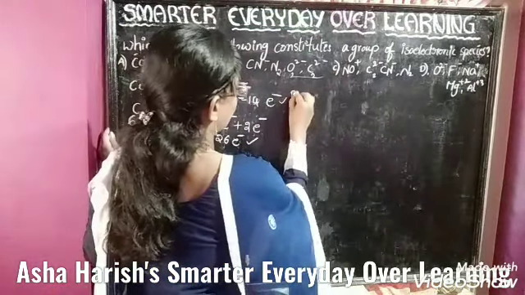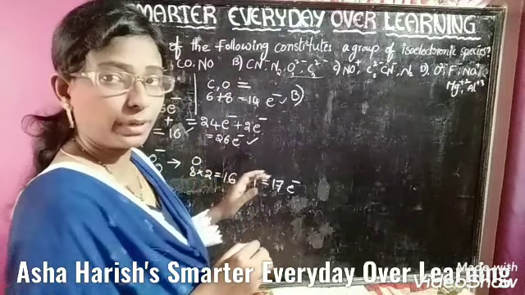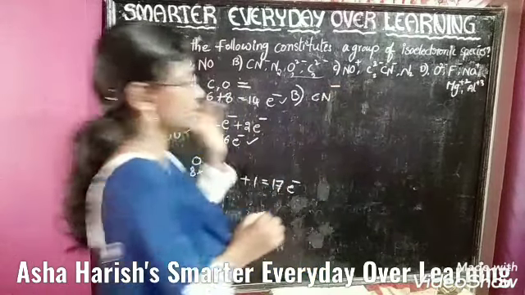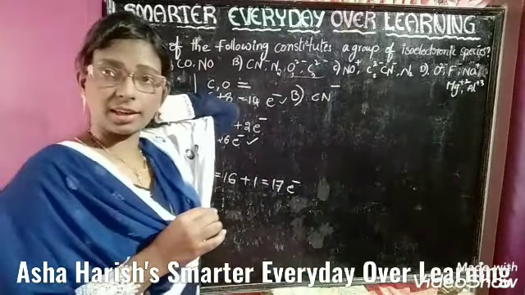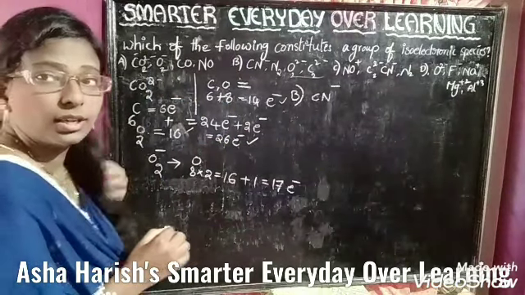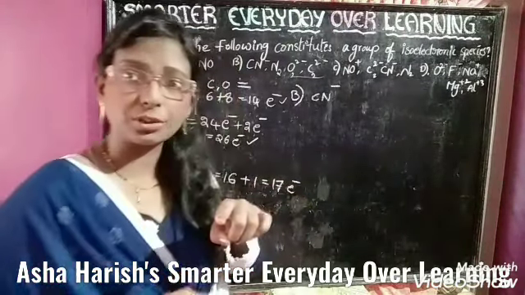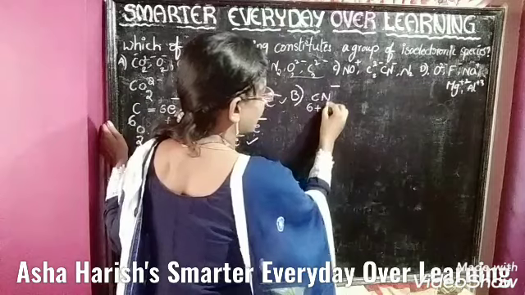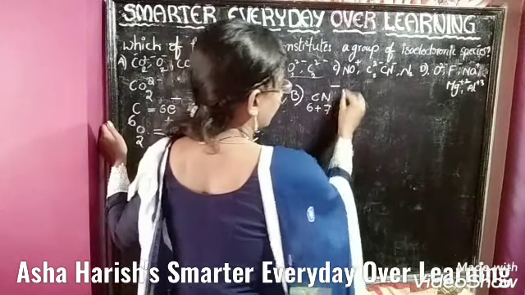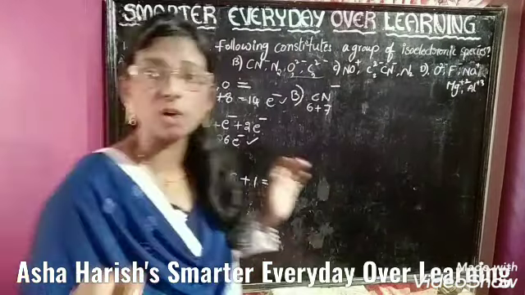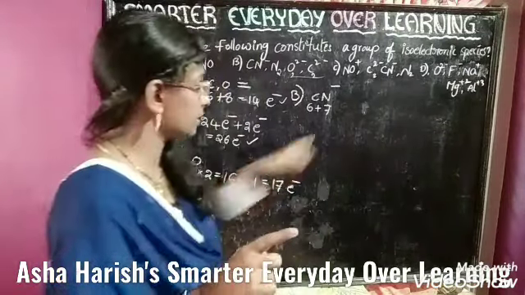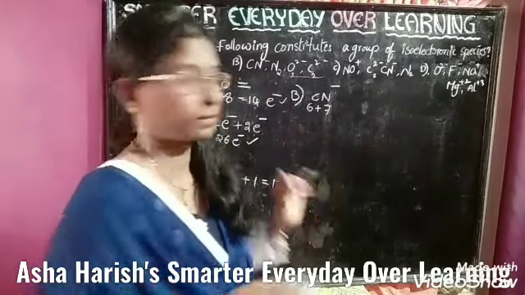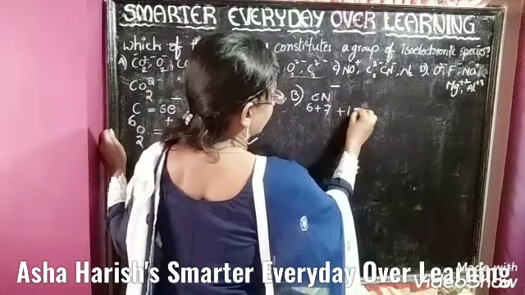See students, here I am doing option B, CN minus. Here C is carbon and N is nitrogen. For carbon, atomic number is 6, and nitrogen atomic number is 7. Here one minus is there, so we need to add one electron. Why? Because it is an anion, so by addition of one electron, an anion can be formed. Plus 1. So 14.